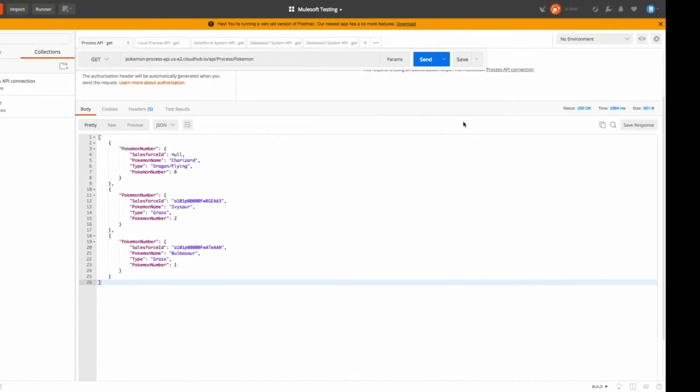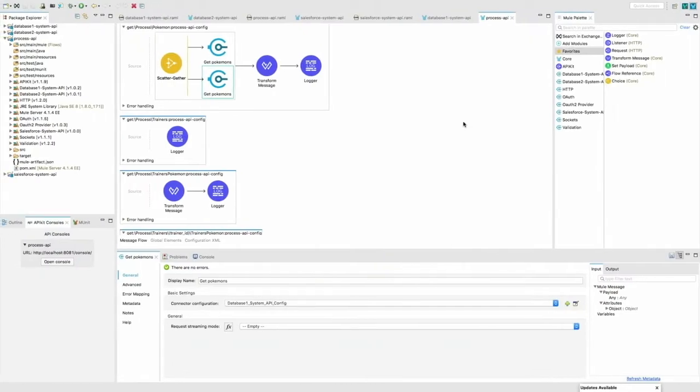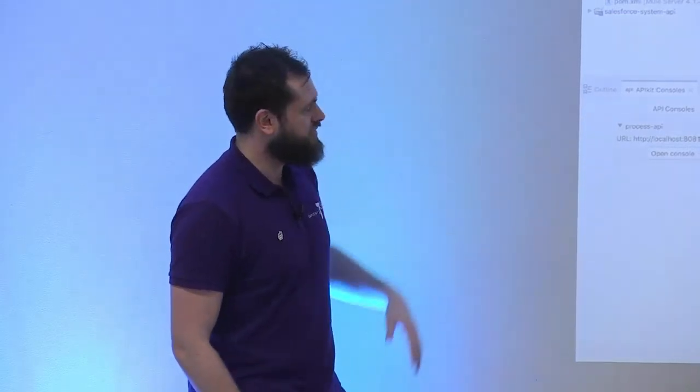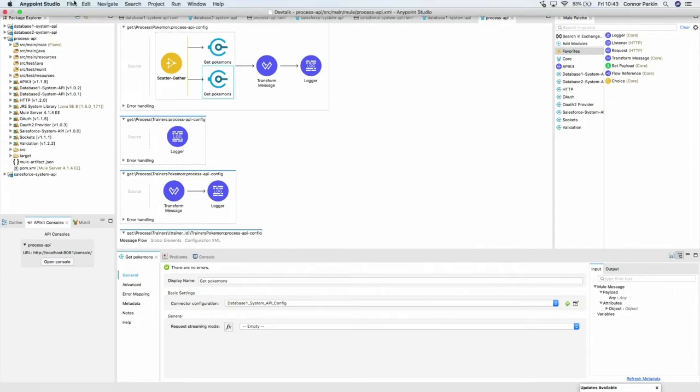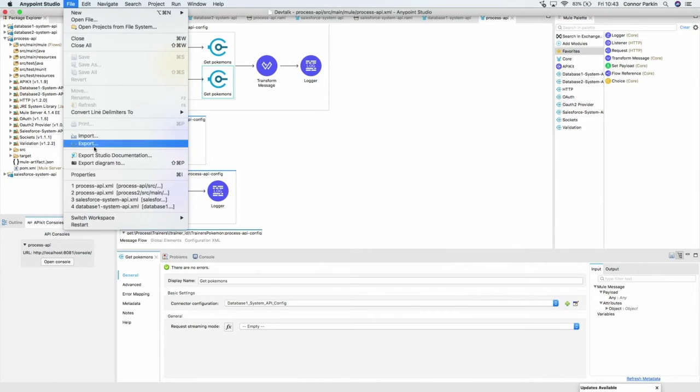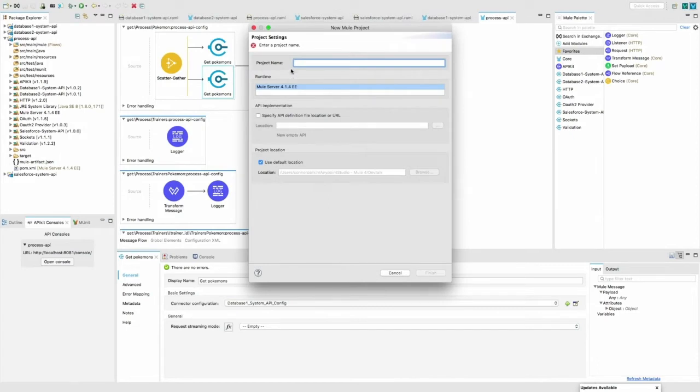But as I said, that's not going to be production caliber. So then we come to Anypoint Studio. Inside of here, taking our RAML file, which we designed before, we could take that and put that straight into the studio. This might get a bit small, and I'm sorry for that. But if I go New Mule Project and give it a name, specify our RAML,